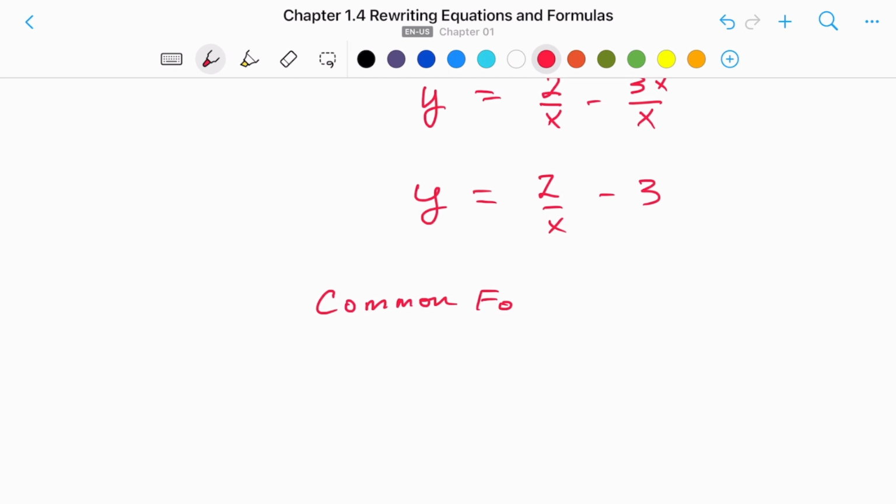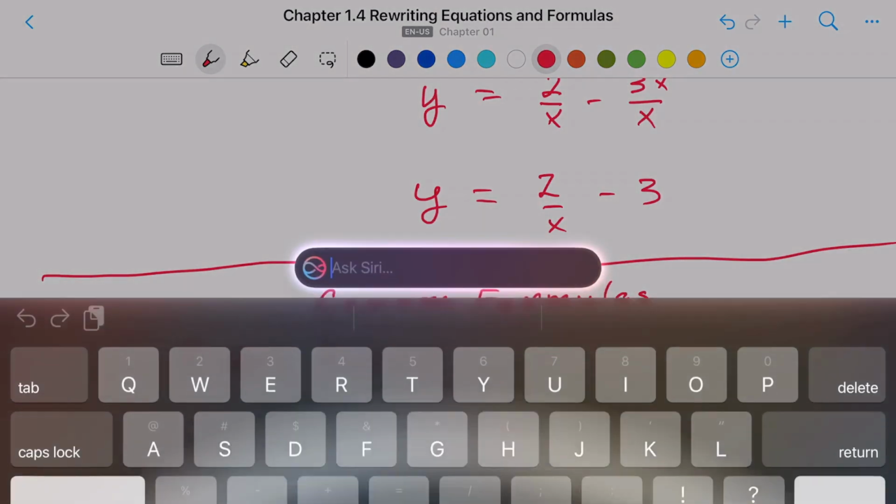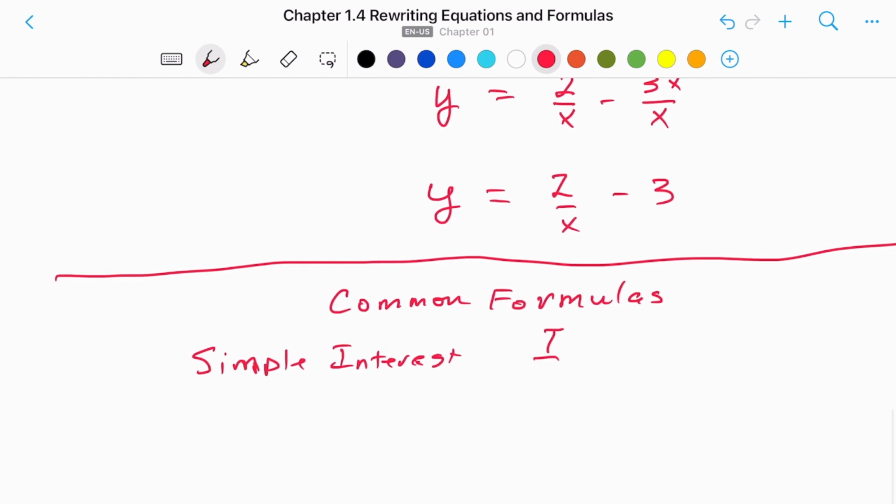And let's go back and draw a line. Common formulas. Okay, so one good formula to remember is simple interest. That's how you figure out interest when you borrow something, and that formula goes like this: the I, which represents interest, equals